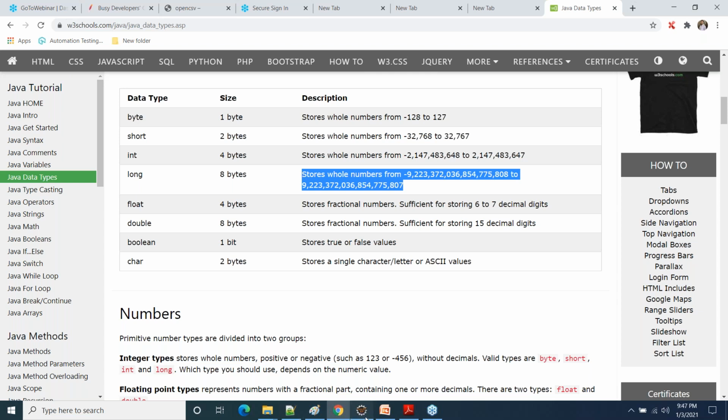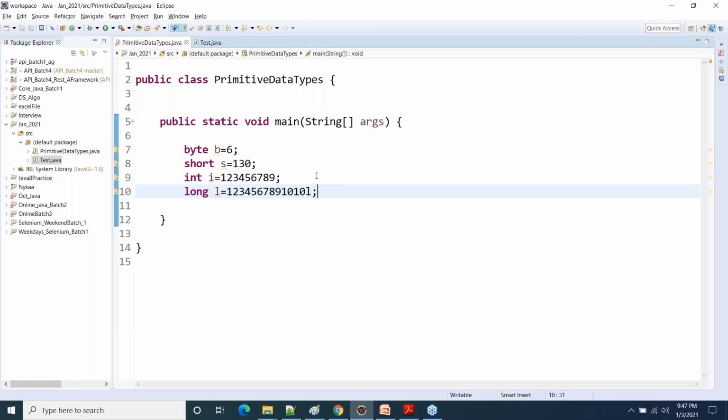In general, for non-decimal numeric values, we mostly use int. Mostly we use the int data type. But one thing you have to make sure is that whenever you are using a long value and a long variable, add a suffix L at the end of the value. Clear? Similarly, float. Float is used to store decimal point values, something like this. But the moment you start storing a decimal point value in a float variable, you will get a compile time error. Like here, when I'm trying to store 10.5 in float f, I'm getting an error here. Can you tell me why I'm getting this error?